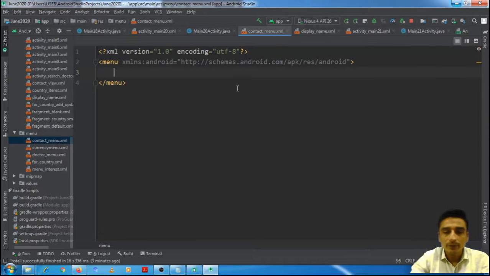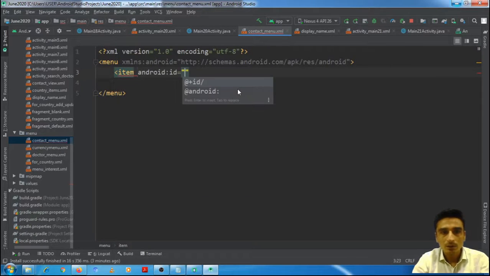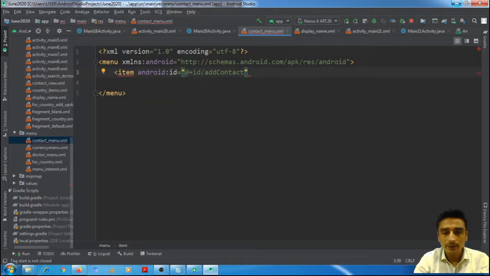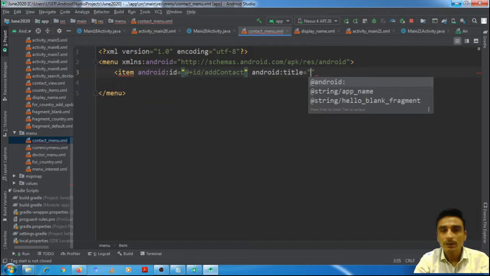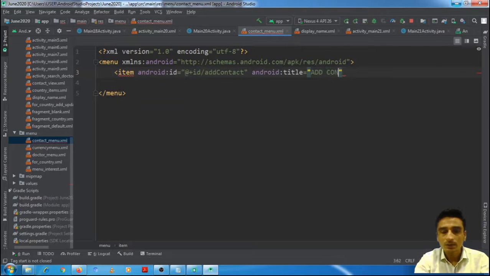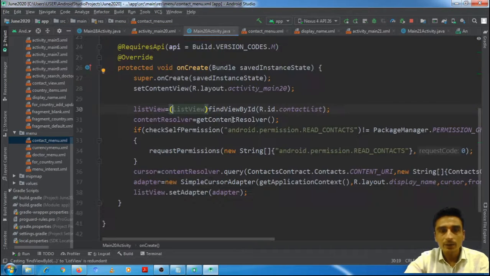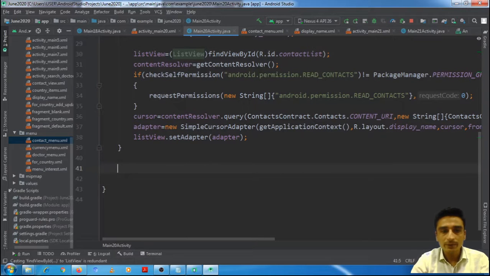And the menu, where is menu? Contact menu. We will put one item inside it, and that will be for add contact, and title will be add contact. So here in our activity we want to inflate this menu.